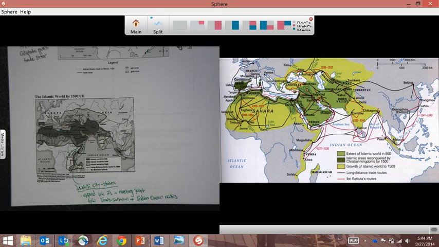Lastly, as you can see on the map on the bottom of the page, oh, I'm sorry, before I get to that, another major effect. So, like I said, this map is showing, as well as the one on your page itself, this map is showing not only where